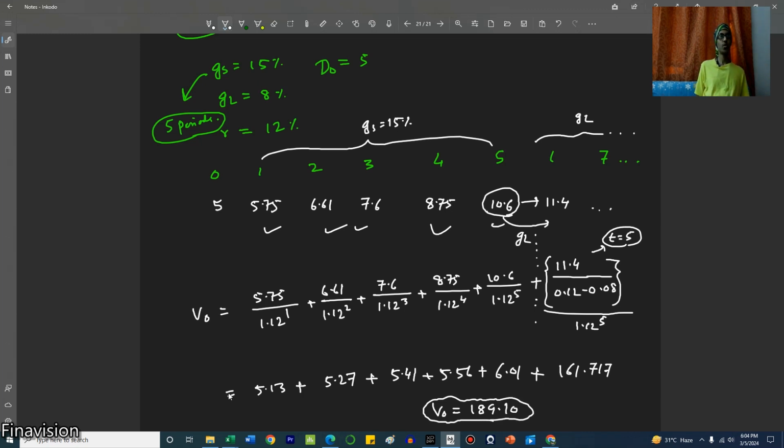So in this two stage you found that there was a constant rate GS which was 15%, and there was a perpetual rate of 8%. The required rate was 12%. The short term growth rate went on at a constant value for the first 5 periods, then it drastically fell to a rate of 8%. From there on it was perpetual. We just found out a two-stage valuation for this kind of a situation.